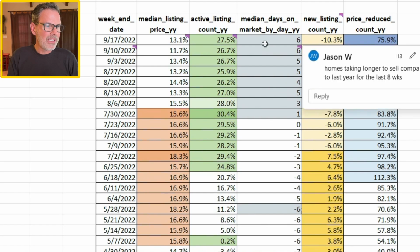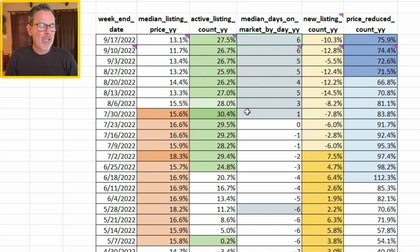And because we're moving more towards a buyer's market right now, homes are taking longer to sell as well. So right now, for the week ending September 17th, it's taking about 6 days longer to sell a house compared to the same week 1 year ago. And in fact, over the past 8 weeks, it's taking longer to sell a house compared to the same time